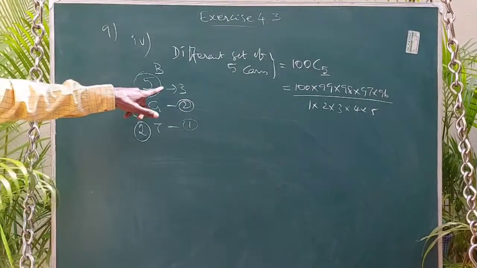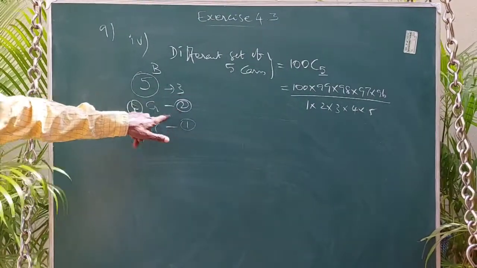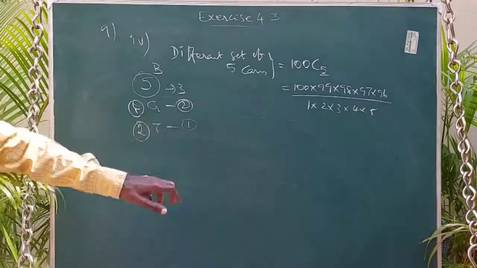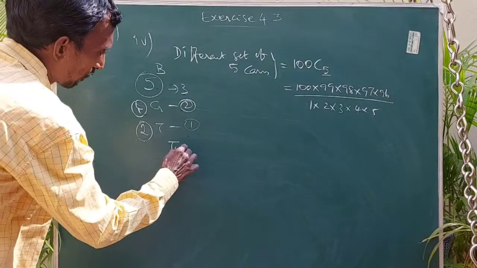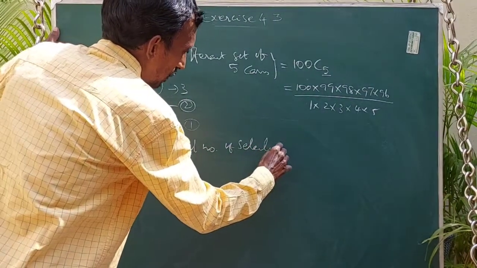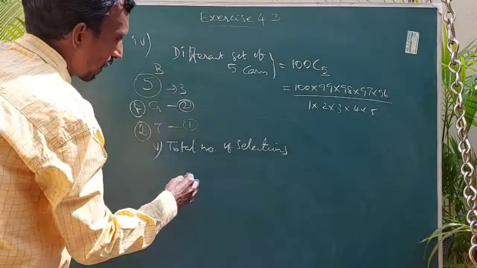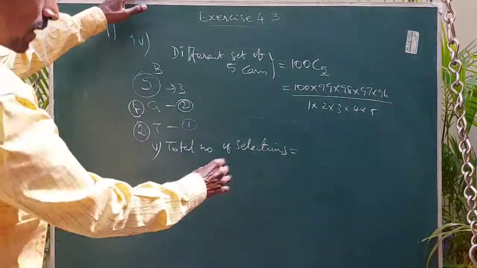Okay, so the number of boys can be selected in 5C3 ways, girls in 4C2, and transgender in 2C1. We need all the things. So the total number of selections equals 5C3 into